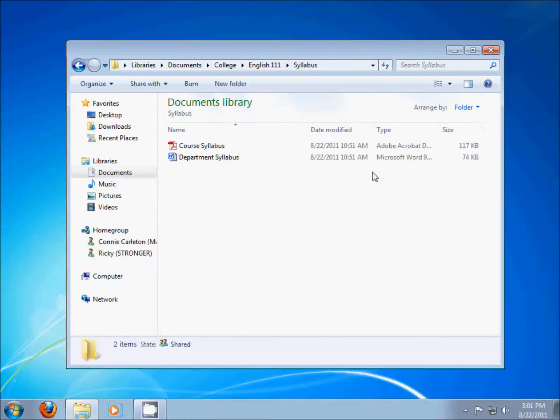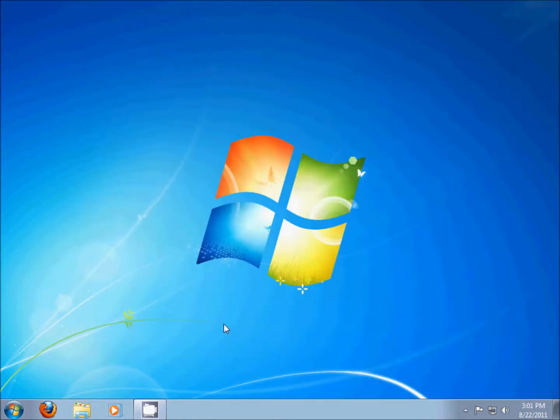That's kind of a basic tutorial on how to use Windows Live Mesh to back up files for school. I hope you guys find that helpful